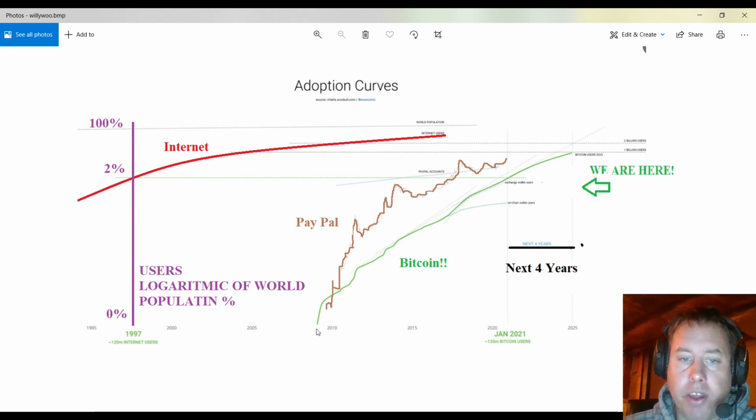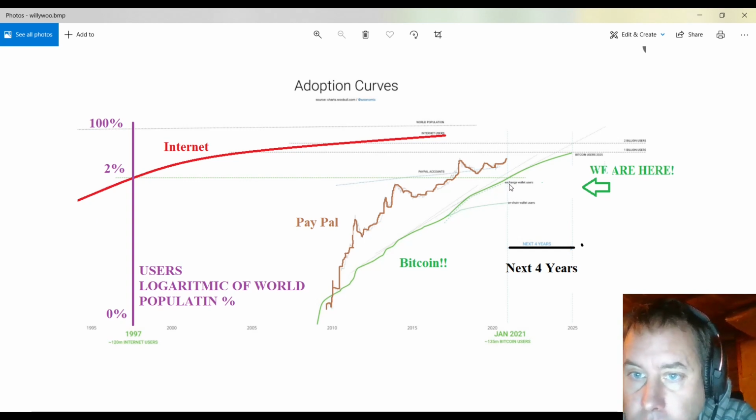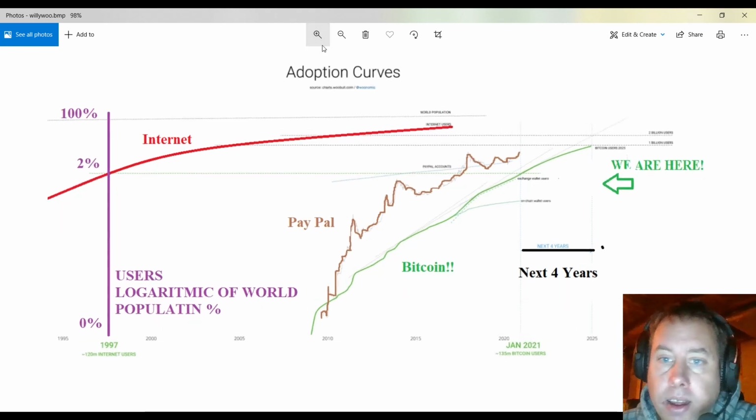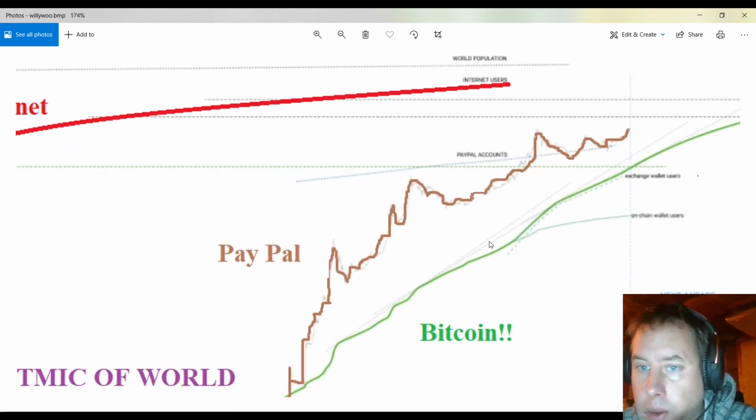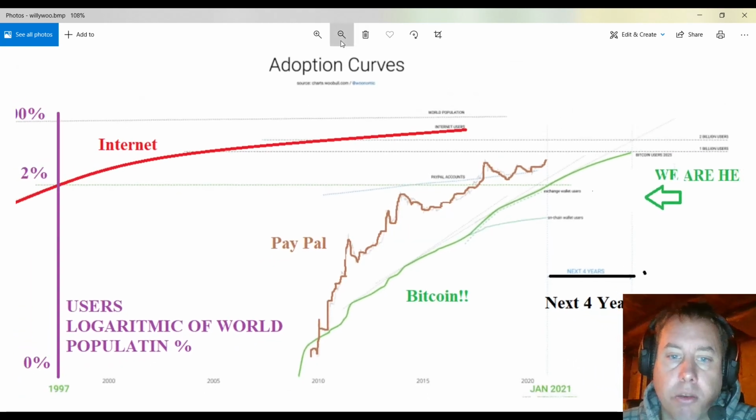And then we have the growth rate of Bitcoin. As we all know, Bitcoin started somewhere in 2009, and it was about 0% of the people in the world who had Bitcoin or had accounts on exchanges, I guess. He used really, really small font here, but let's move in. So here we have the split between on-chain wallets and exchange wallet users. So let's zoom out a little bit.